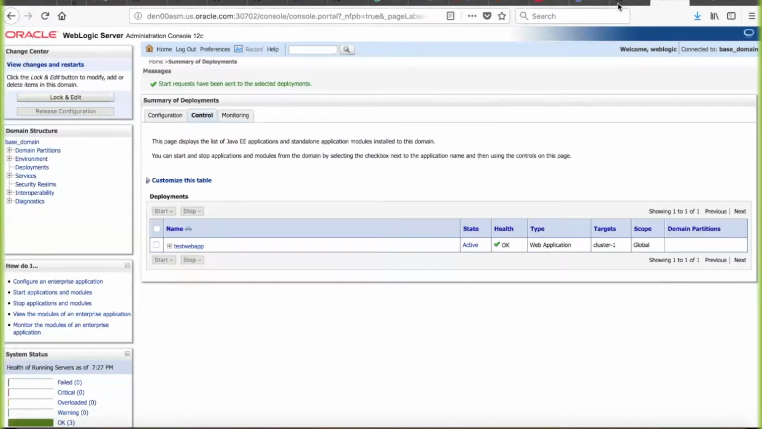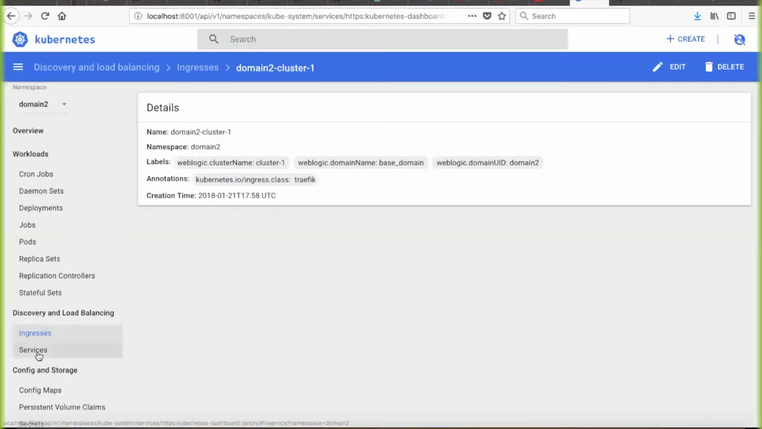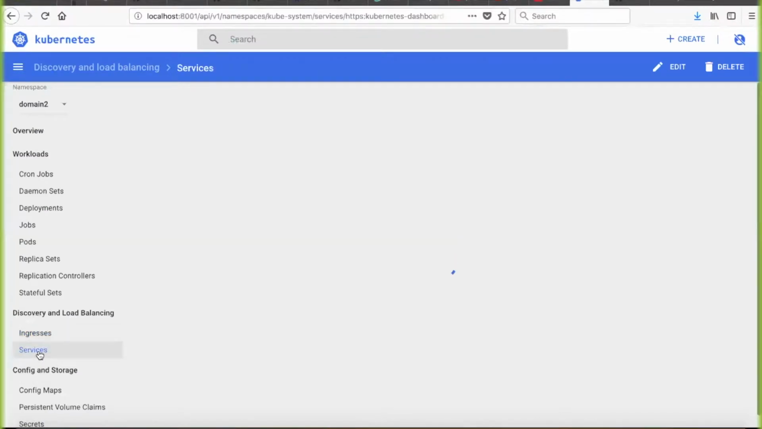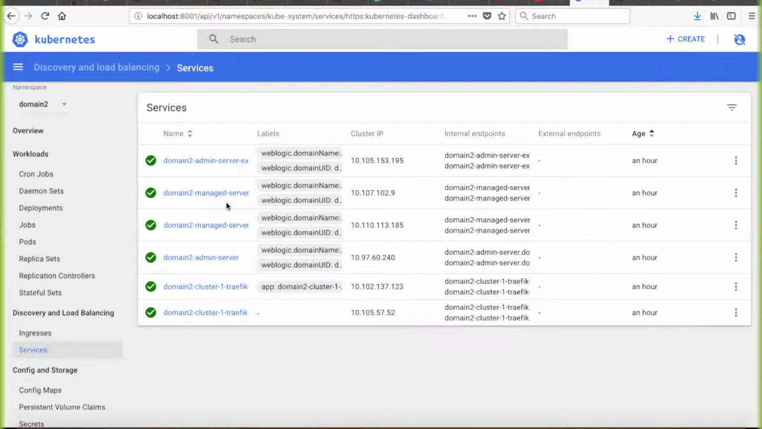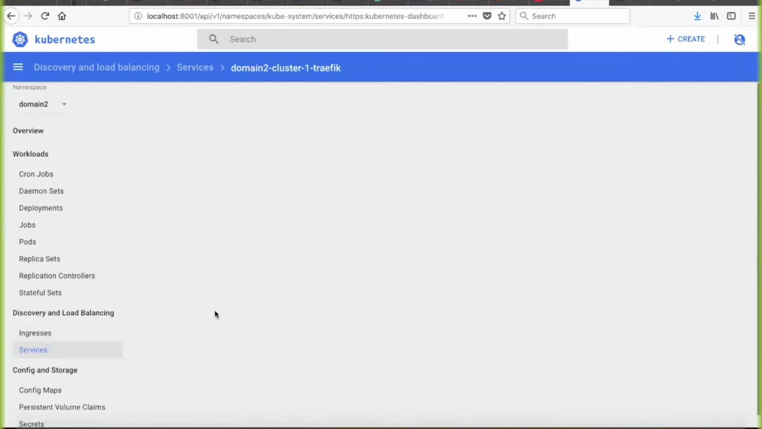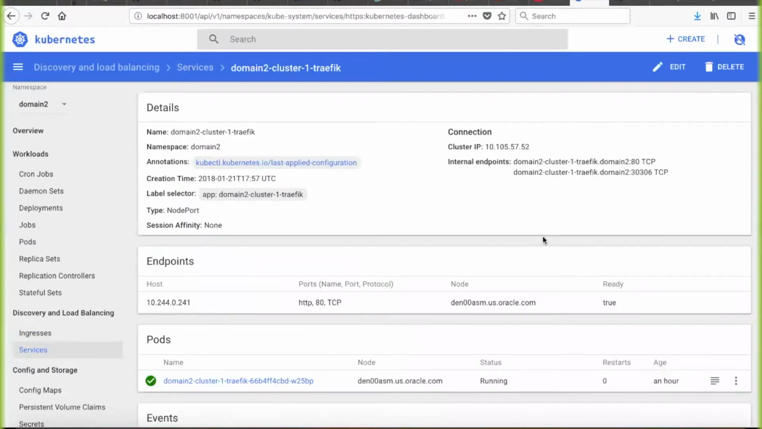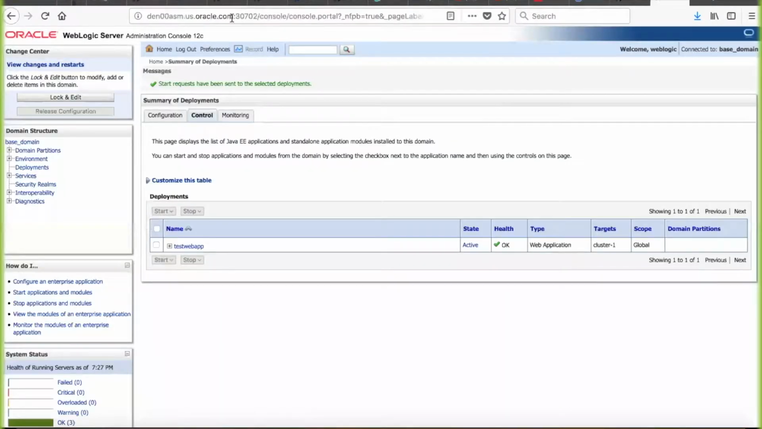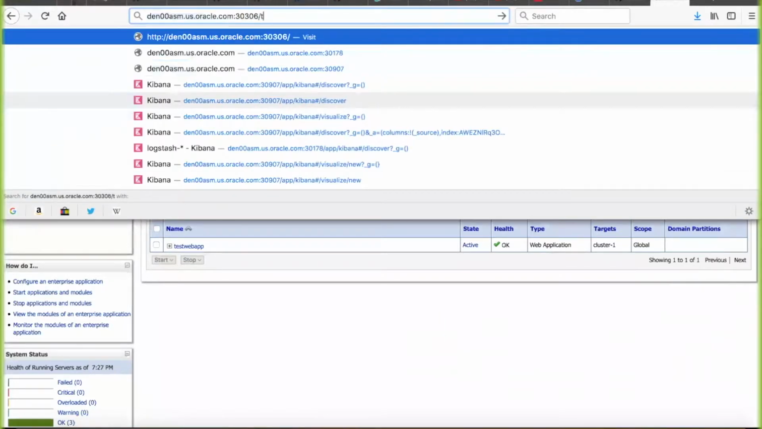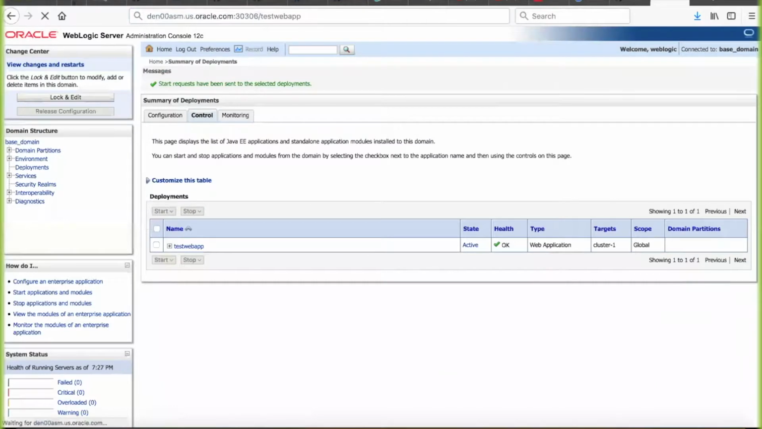Okay, let's check our load balancer port again. Okay, so here is our load balancer. Okay, so it's 30306. So let's go to 30306, test the web app. And you see it's printed out the name of the managed server and the IP address. And if we reload that,